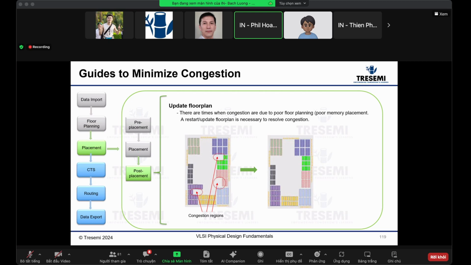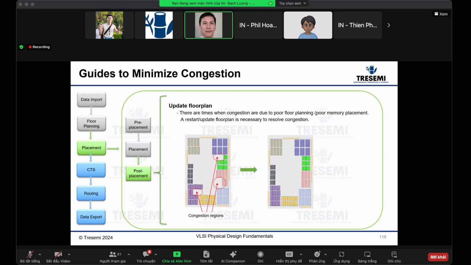Okay, let me reemphasize. If you have congestion here, I'm not suggesting you change the floor plan right away. The first thing to do is try partial blockages, add blockages, and also use cell padding. Those are your first solutions, and because they are much easier, you just rerun your placement, do your congestion analysis, and you see it go away. Those are much faster solutions versus having to go here. So after you exhaustively try all the placement blockages and things like that, and change your strategy and so on,